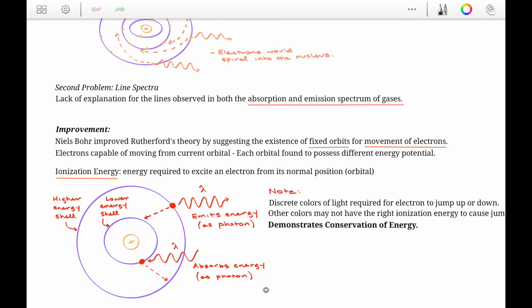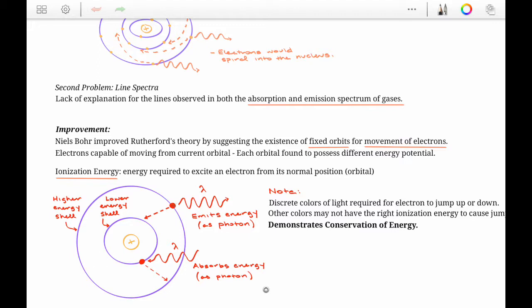And like I said, it might be sort of difficult to draw how Niels Bohr's model fixed these problems. But Niels Bohr's model was based on the assumption that the electrons would not deviate because they were held stable